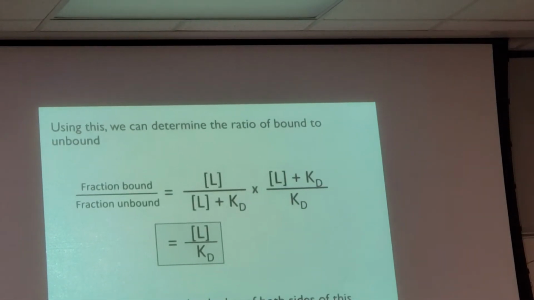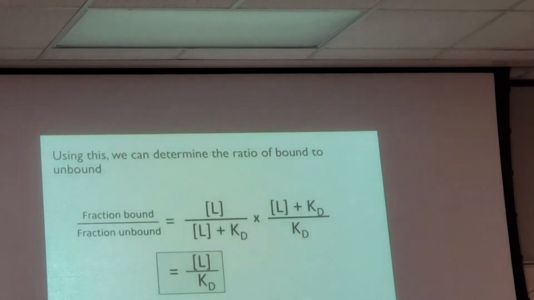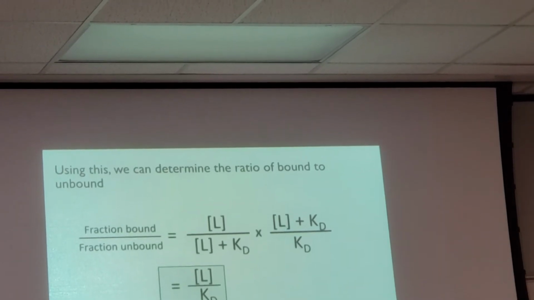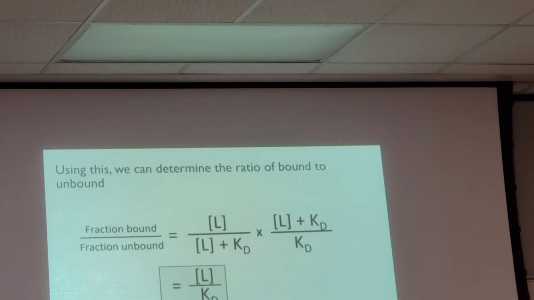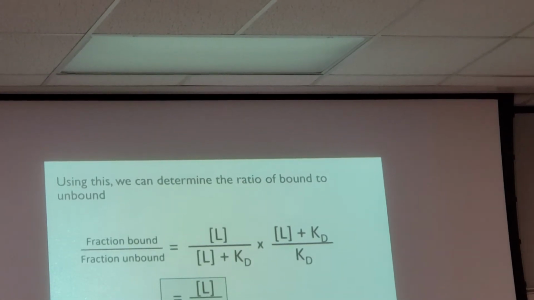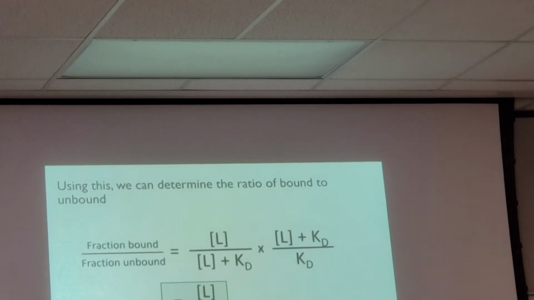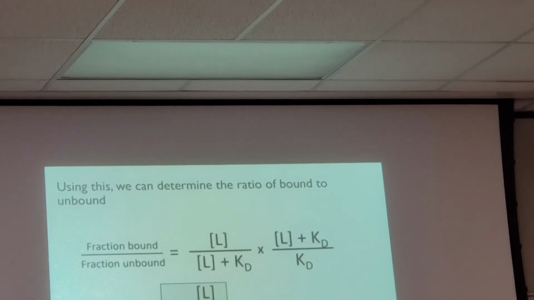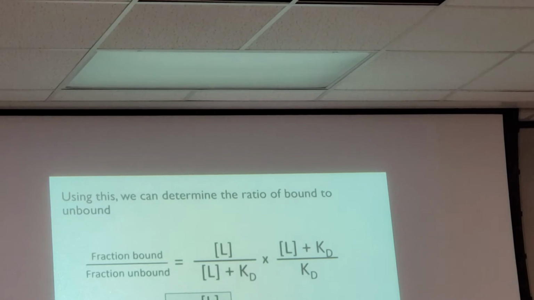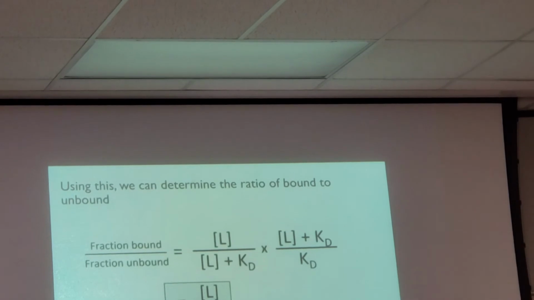All right, so why is that helpful? It's helpful because if I have methods that can distinguish between fraction bound and fraction unbound, I can take my formal definitions of it, and this collapses into something very simple, and ultimately what I get is just ligand over KD. So if I have a way to distinguish bound and unbound, I can take that ratio, and that'll just equal ligand over KD, which is really helpful. All right, so if I think of taking the log of this,